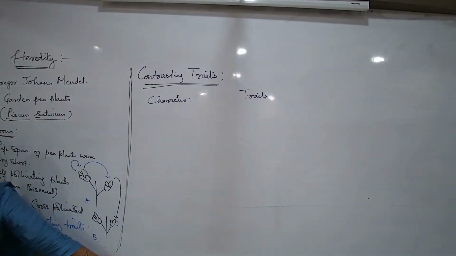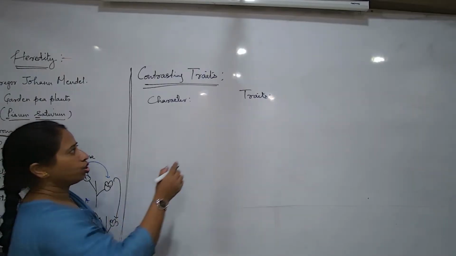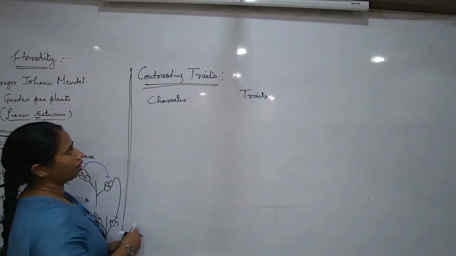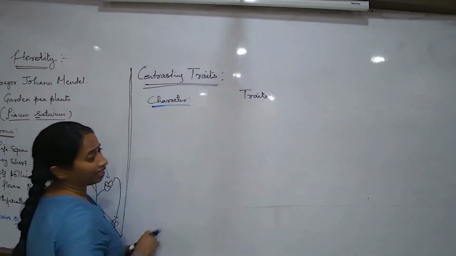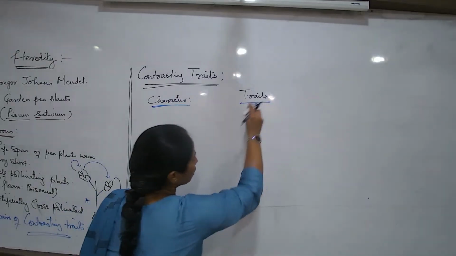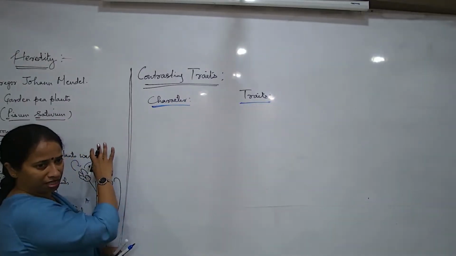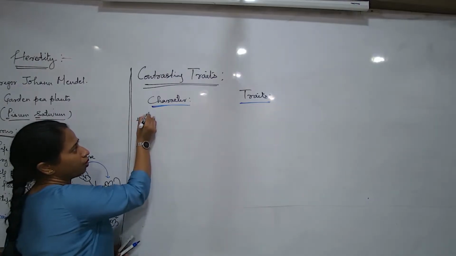Different types of characters are known as traits, or I say the other way, the alternate forms of a character will be known as traits. So let us talk about the characters now, one after the other, and what about their traits. The first one, we are only talking about the 7 pairs of contrasting traits. The first one is